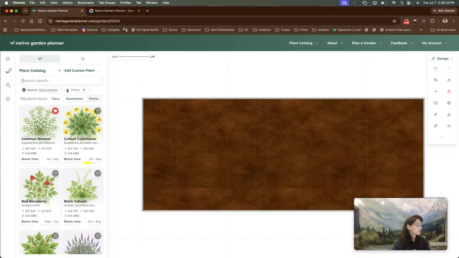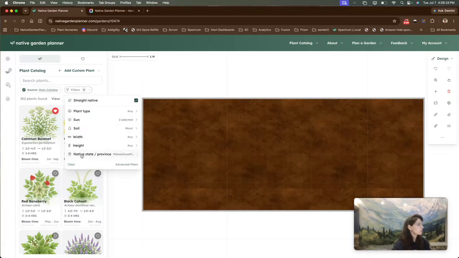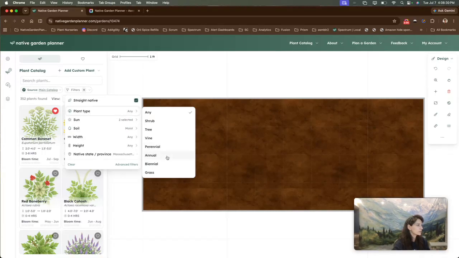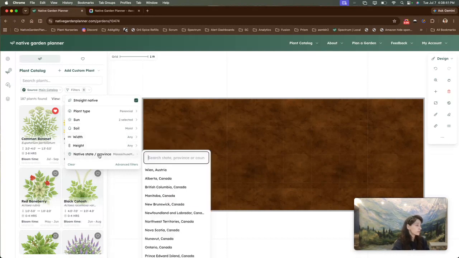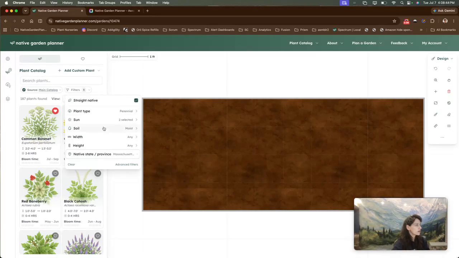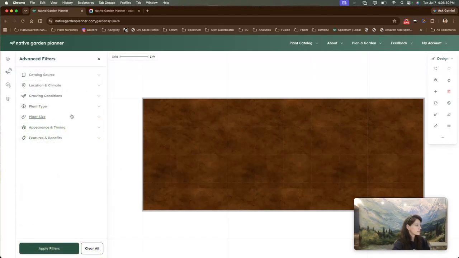The next part that I want to highlight is something that I breezed over just a second ago, which are these quick filters. So if I just want to drill down really quickly to perennials, and I want to quickly select some of the characteristics that are most important when determining a plant, your sun, your soil, and the rough height and width of them, and the native province. You can set all of these from these quick filters. But if you need more fine-tuned filtering, you can hit this advanced button, and then you'll have access to a lot more